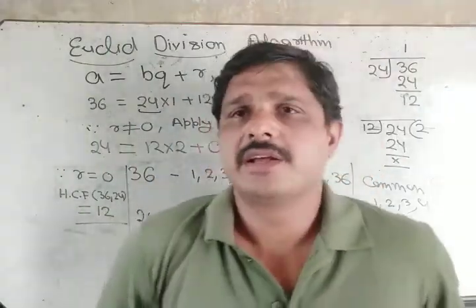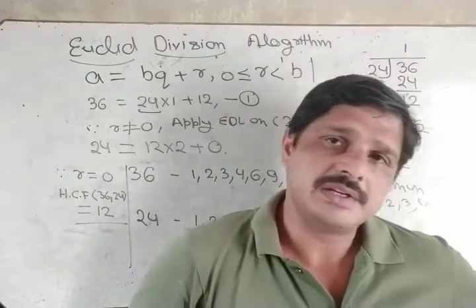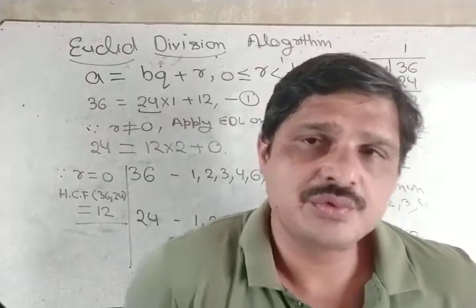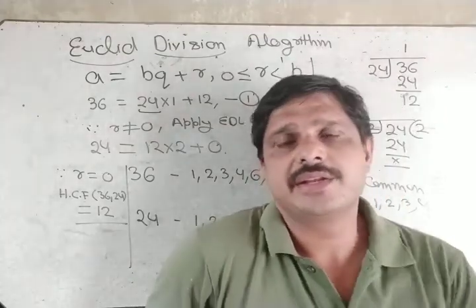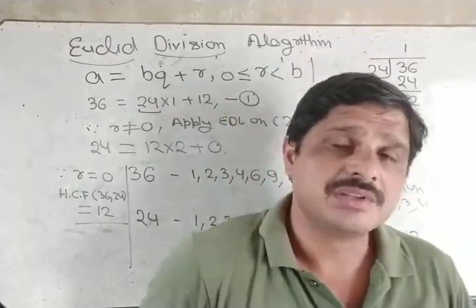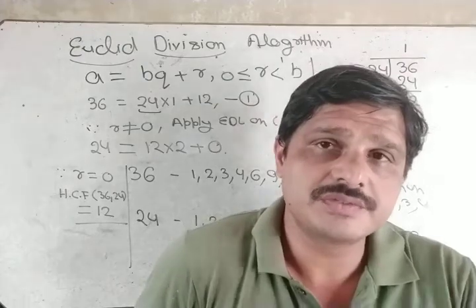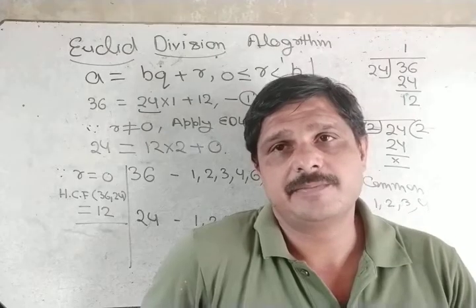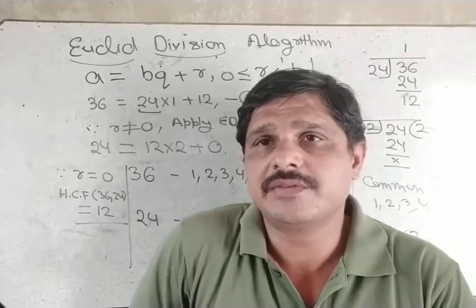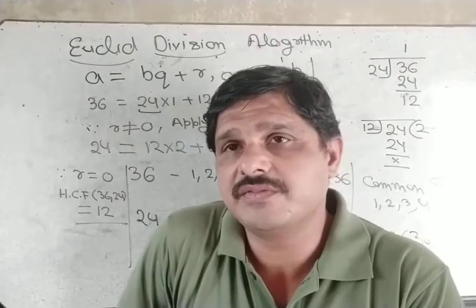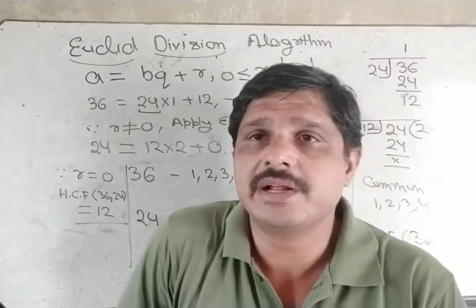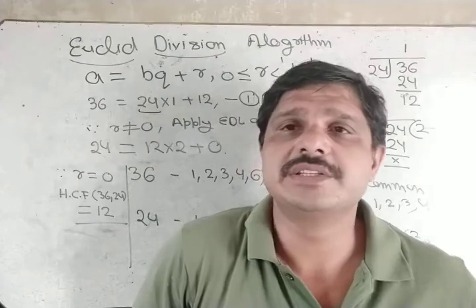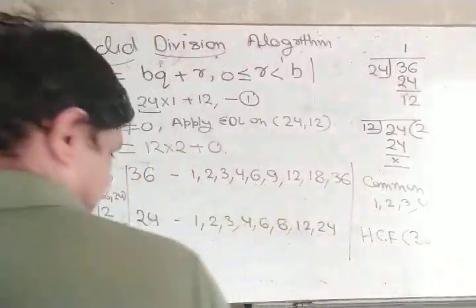It means we are looking for that divisor for which remainder is 0, and if you get that in the first step, then there is no need to follow another step. But sometimes we need to follow a sequence of these steps. Every time the values of A and B get changed. If R is not 0, the divisor of the first step will become the dividend of the second step, and the remainder of the first step will become the divisor of the second step. This is the sequence.